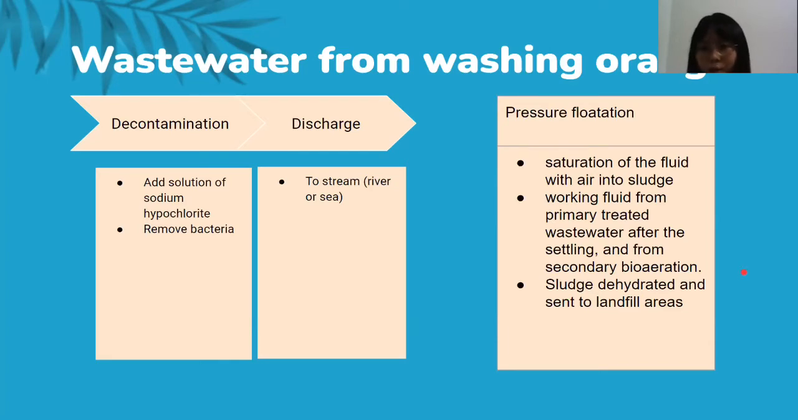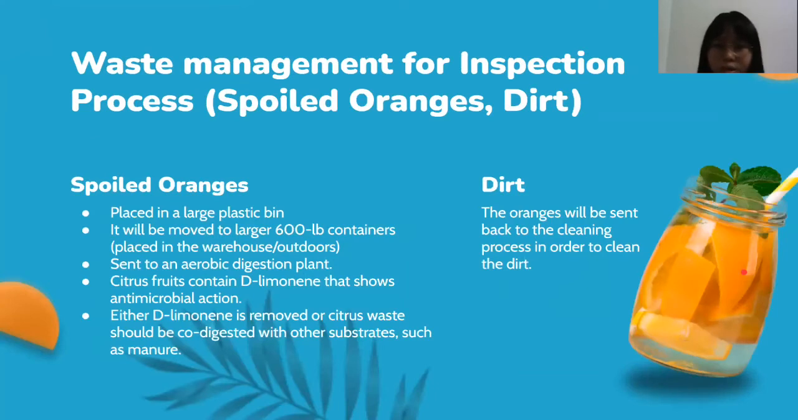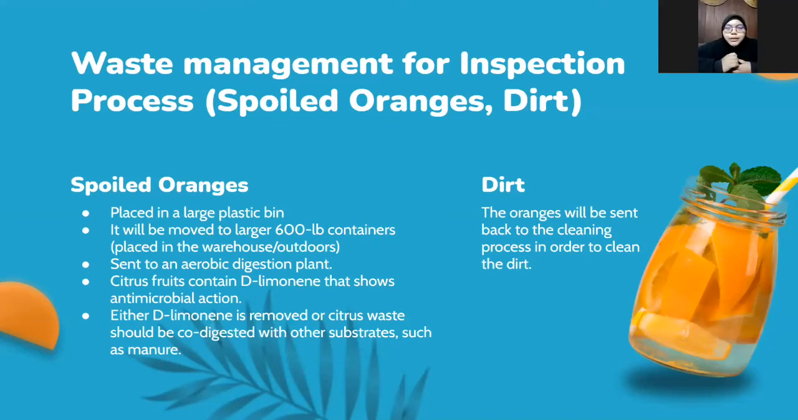So Atika will continue the presentation. Okay, next I will continue about the process of inspection. Inspection is a process where we observe whether the orange is spoiled or not. If the orange is spoiled, we have to remove it. So the way to manage the waste of this spoiled orange is